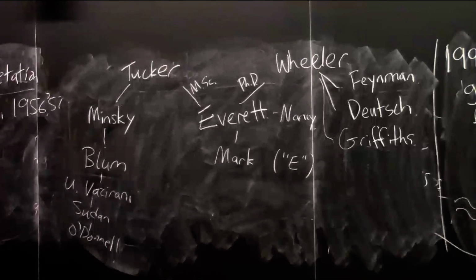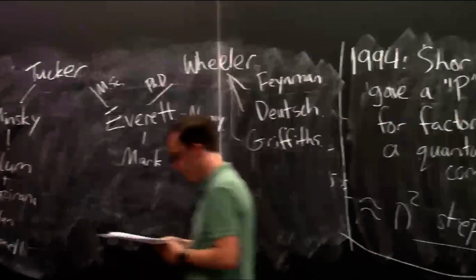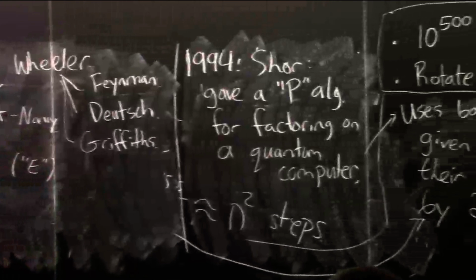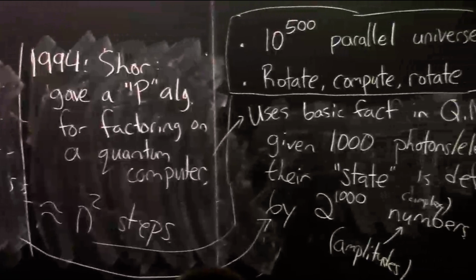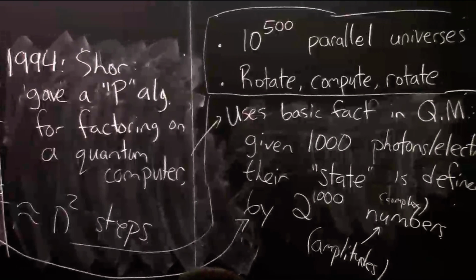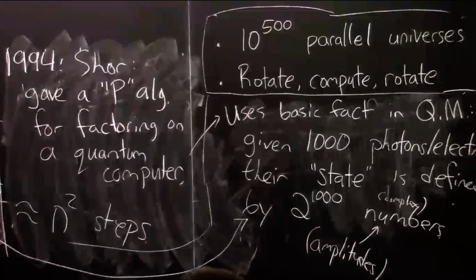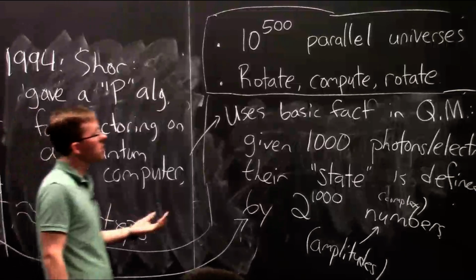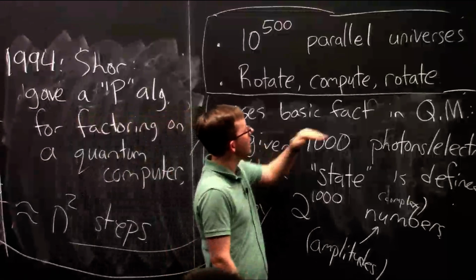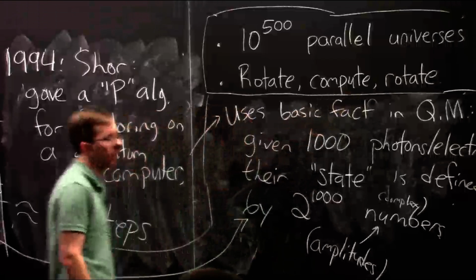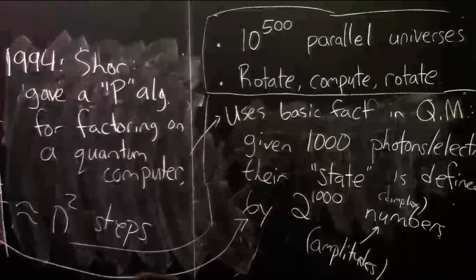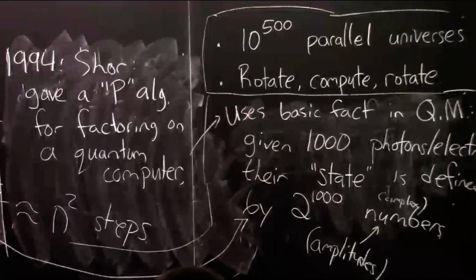Okay, so that's, as I said, I tell you this a little bit for fun. It seems kind of grand and amazing and freaky to think about 2 to the 1,000 or 10 to the 500 parallel universes. So if your soul is a little shaken by that, then let me just mention once again that you don't have to understand or believe in this interpretation in order to do quantum computation. And in fact, what I want to get into, especially in the next lecture, is this phrase, which I'll explain in a moment. But it's all about the opposite kind of mental state.